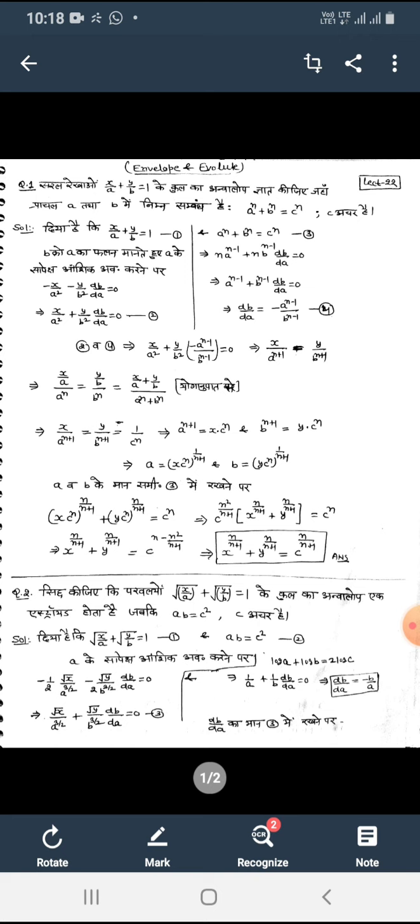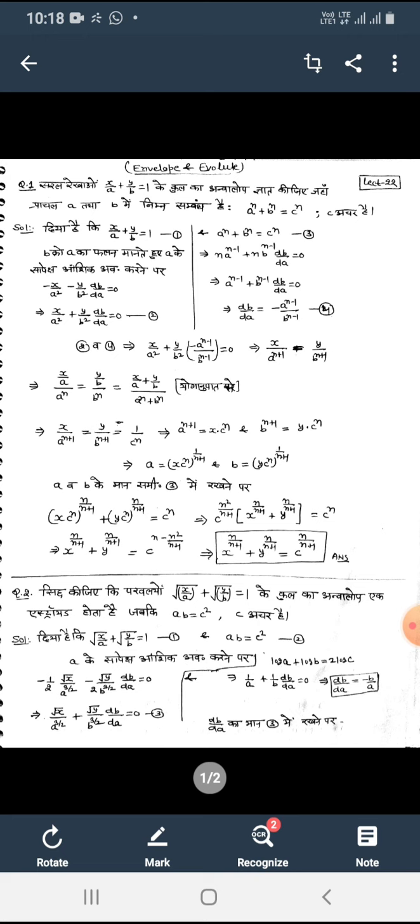सरल रेखाओं x अपॉन a प्लस y अपॉन b इक्वल टू 1 के कुल का एनवलप ज्ञात कीजिए जहाँ प्राचल a तथा b में निम्न संबंध है। a रेस्ट टू पावर n प्लस b रेस्ट टू पावर n इज इक्वल टू c रेस्ट टू पावर n, जहाँ c अचर है। यहाँ देखो दो पैरामीटर हैं a और b, और दो ही कंडीशन हैं। एक, we are given that x upon a plus y upon b is equal to 1, equation number 1, and a raised to power n plus b raised to power n is equal to c raised to power n,